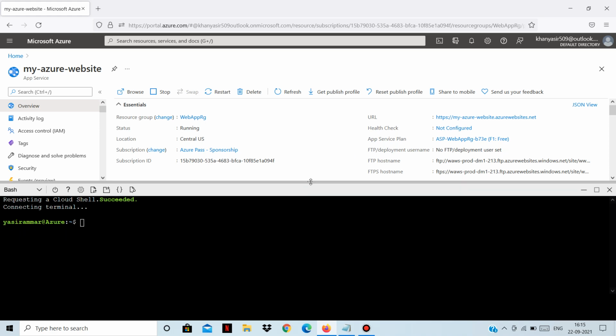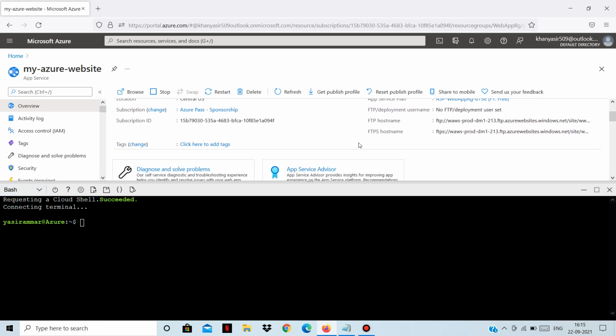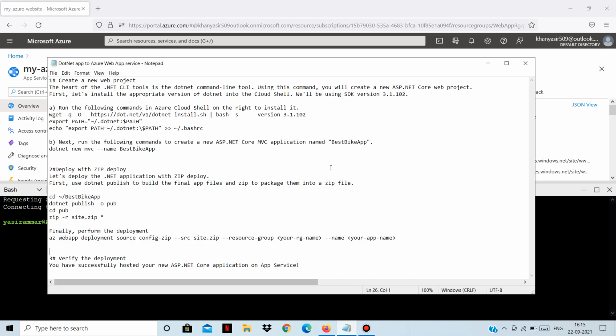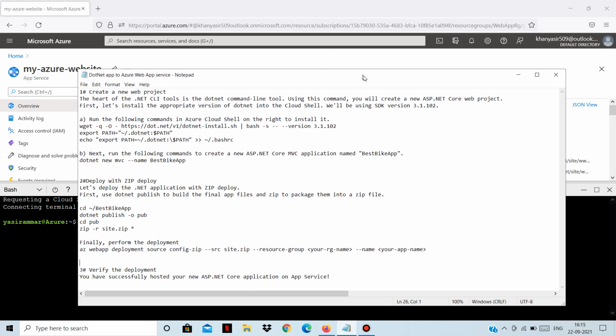So this is my Cloud Shell, which is running a Bash, that is Azure CLI command line interface. So we will actually run some of the Azure CLI commands. So I have noted down the required commands in a notepad file. Let's see how we can do that.